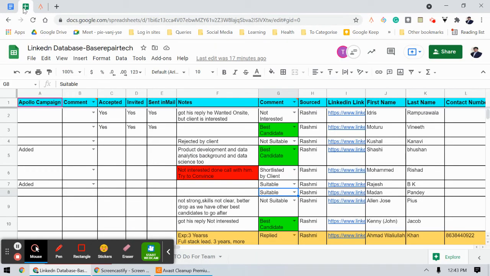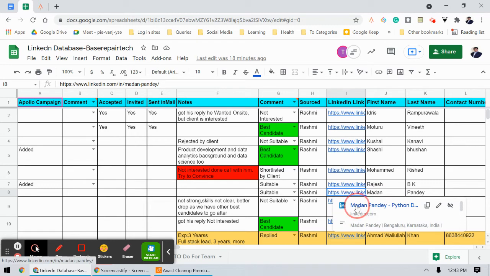So let's go to this spreadsheet. We have already added two candidates. Let's try to add Madan Pandey, who has not yet responded. So we click here. We go to